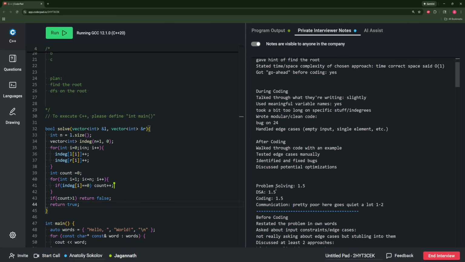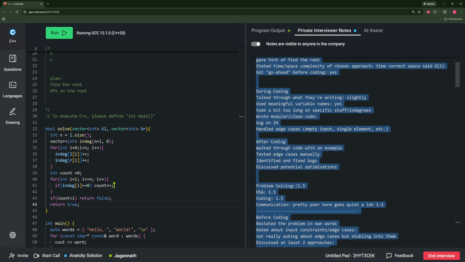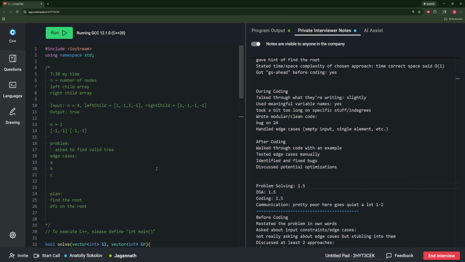Okay, so for the first one out of five, I'd say your problem solving was a 1.5 out of 5, because I hinted you to get the root, and even once you got the root, you still didn't have the full thing. And for DSA, I also gave it a 1.5 out of 5 because you weren't sure what data structure to use,